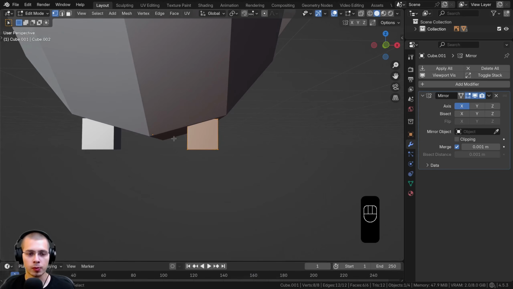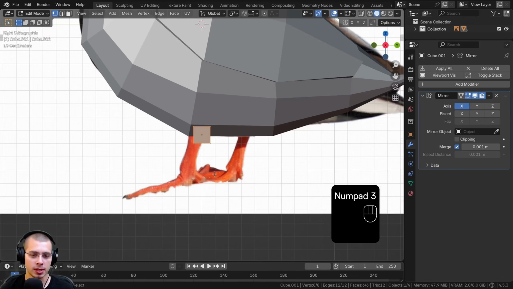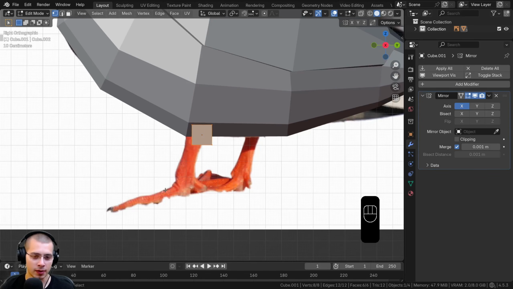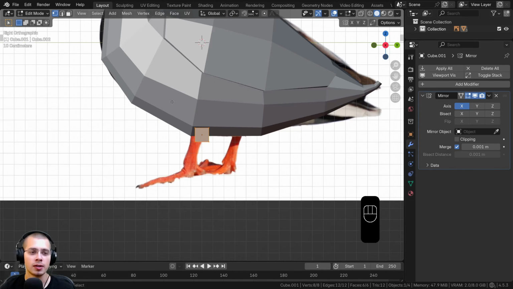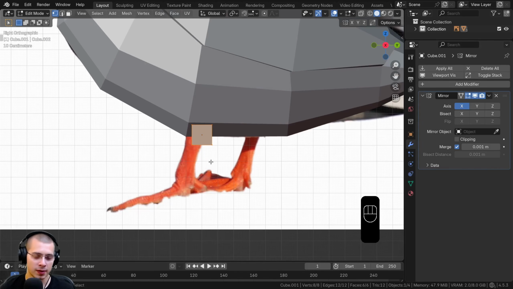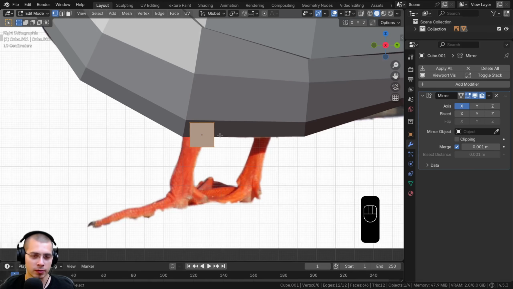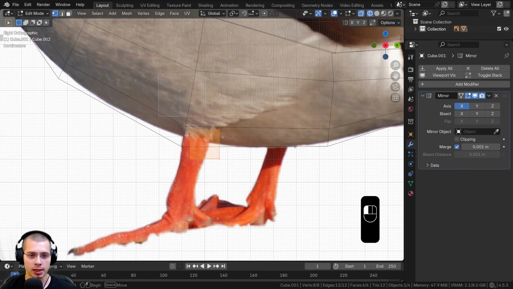Now, if I hit the 3 on the numpad to go to side view, you can see there's like 2 legs. The legs aren't exactly parallel, and they look like he was kind of standing on a log or something, so it's kind of tilted over. So not the best reference for this, but these are pretty easy to model, so we're not going to follow the reference super closely. So let's go to wireframe, and we're going to just click and drag to box select